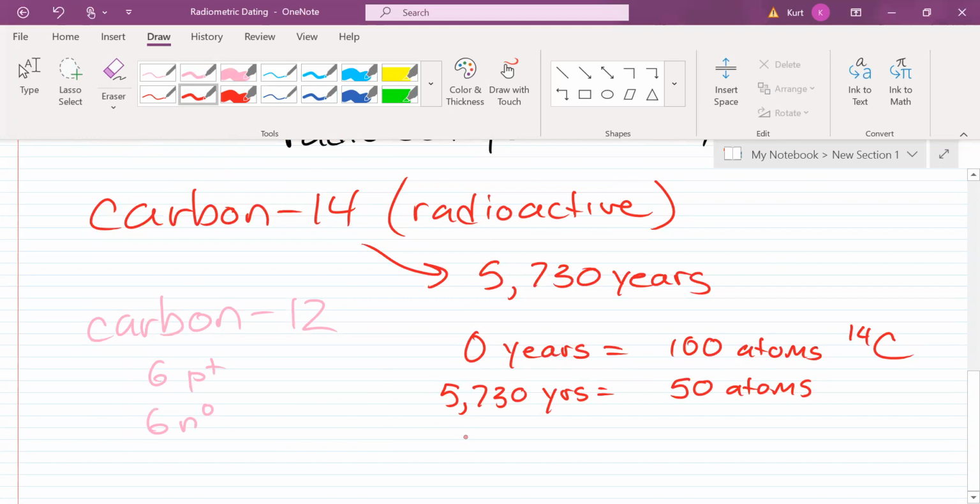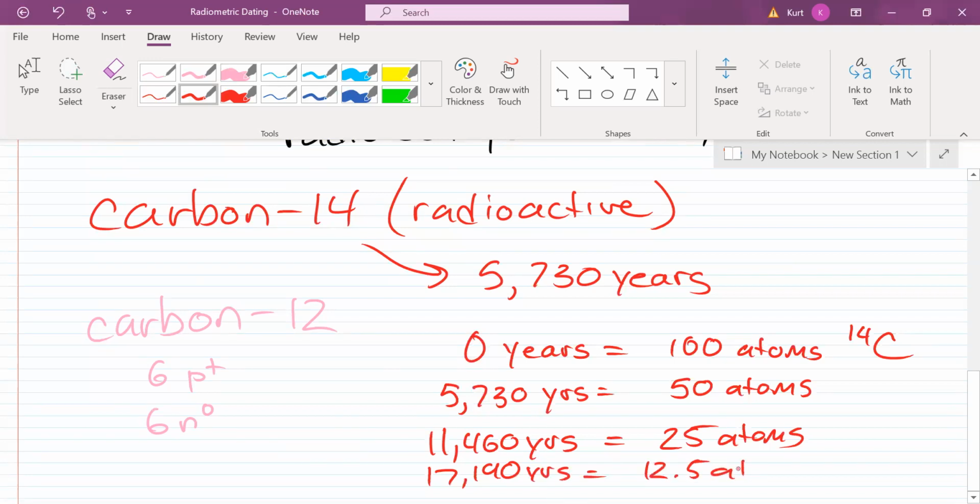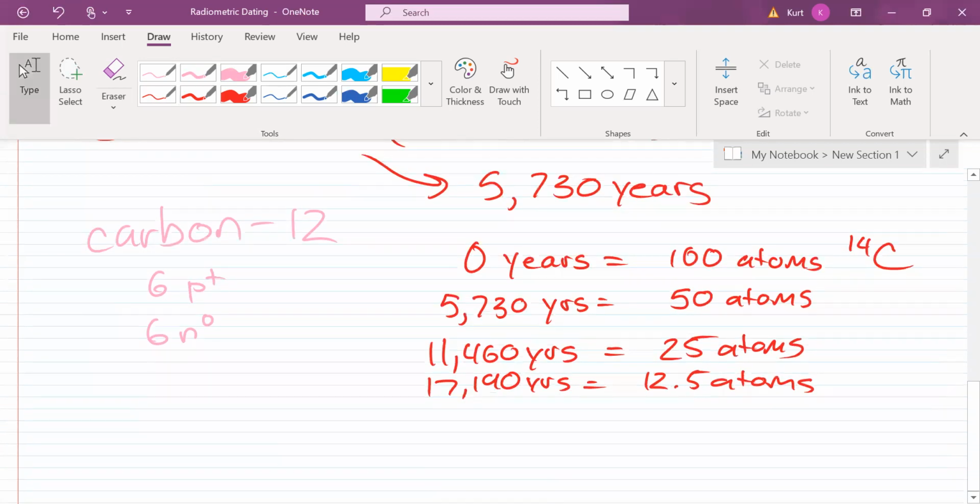And then at 11,460 years, we would be down to 25 atoms. And then at 17,190 years, you'd be down to about 12.5. And so on and so on. So with every half-life, you are cutting it in half. So here's one half-life, here's a second half-life, here's a third half-life. So after 3 half-lives of carbon-14, which is 17,190 years,